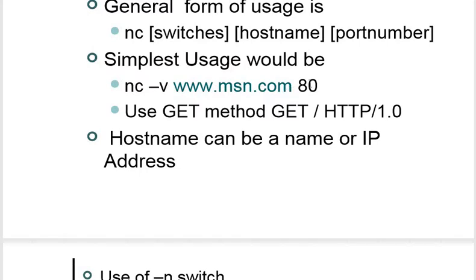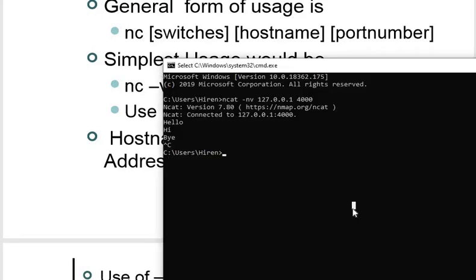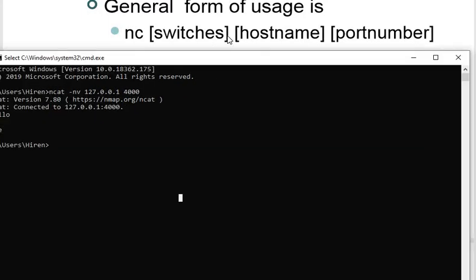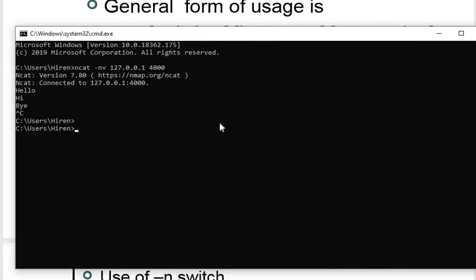When I open a browser and type www.msn.com, I am connecting to this website on port number 80. The similar thing I'm doing with netcat. In response I will get the HTML page of msn.com. Are you getting my point, what exactly I'm trying to explain? Okay, let us go to the example. In this scenario nc will not work on the latest version; it comes with ncat.